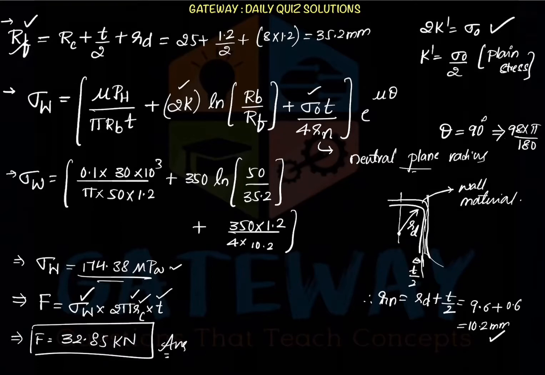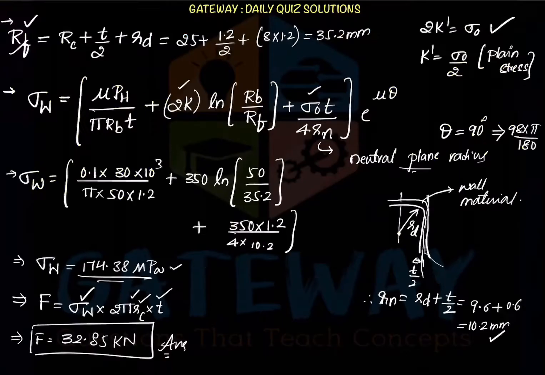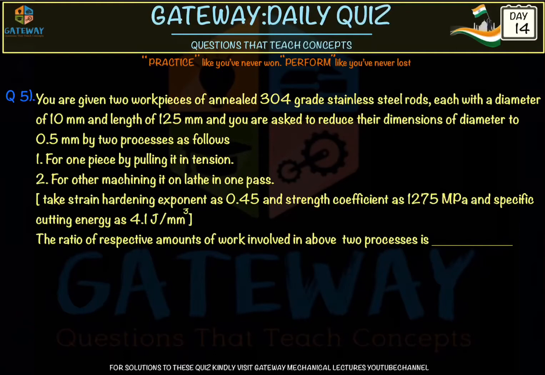In the concept series, we will make all these derivations and conclusions, and explain why we are taking these values. Everything we will be seeing in the concept series, or you can refer to some good textbook. And here comes our final question. Here our main purpose is to make you use your concept to solve the questions and introduce you to new variations of questions, such that you will be learning something new from this. Knowing only the concept, knowing only the derivation is not at all enough for cracking an examination. We need to know how to apply that concept to the questions.